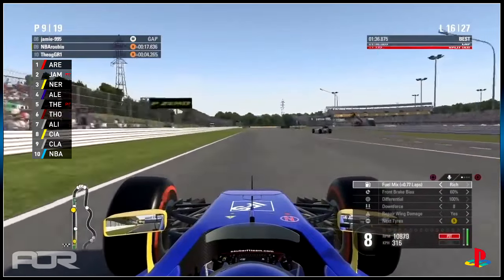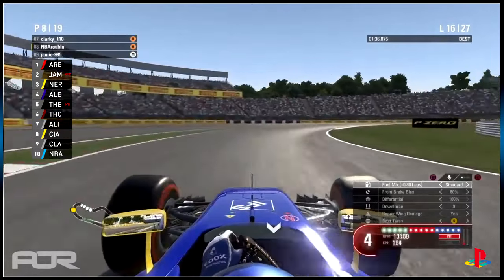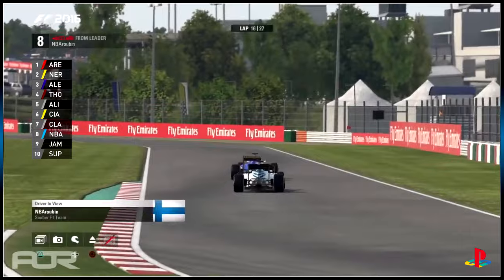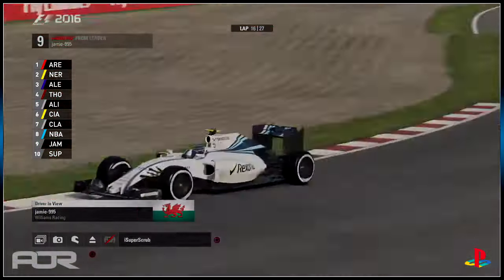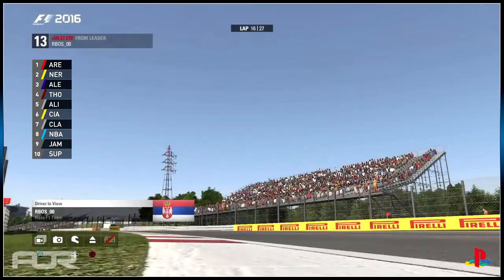And he's going to come out of the pits very close to Jamie, able to clear him. But obviously the Williams driver will be on the medium, so he'll surely find a way past the Sauber. But nevertheless, still looking good for the Sauber drivers to score some solid points there. Yeah, both of these guys looking to score some solid points, and Super Scrub, the other reserve, obviously just hanging on to a points-paying position at the moment,